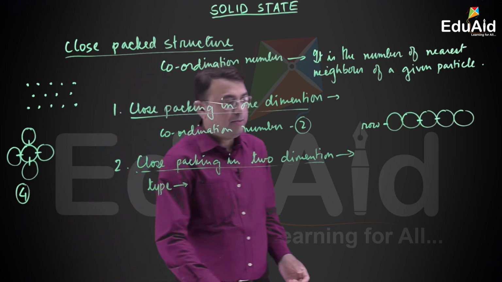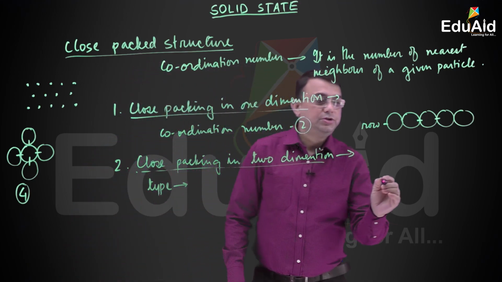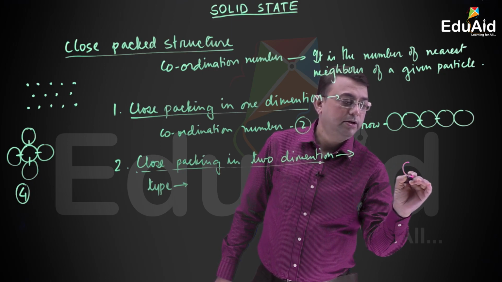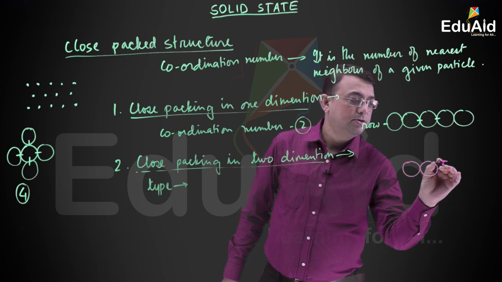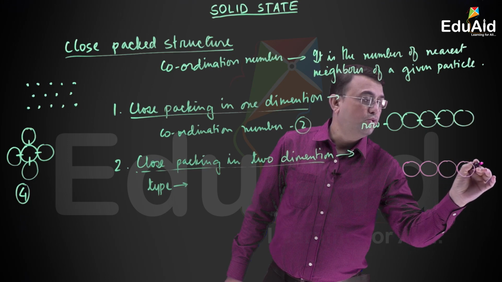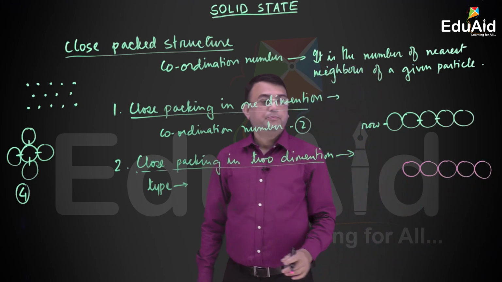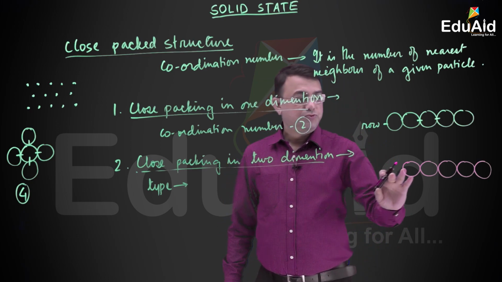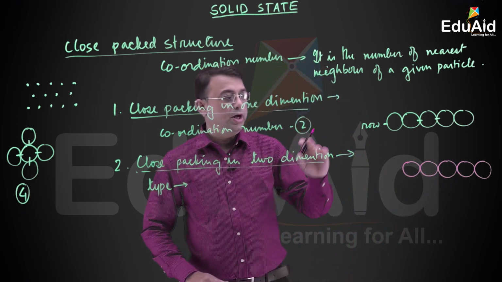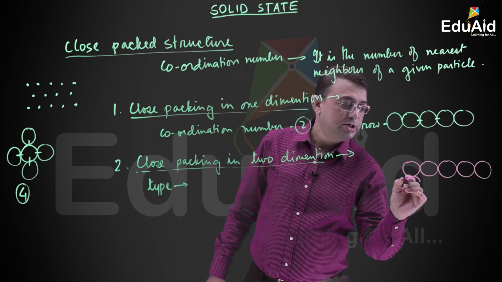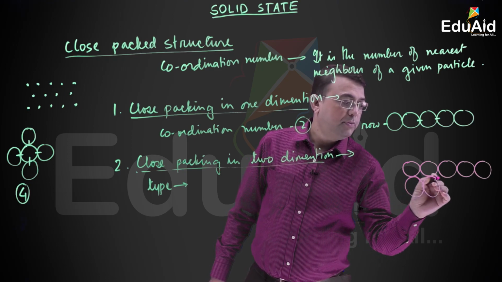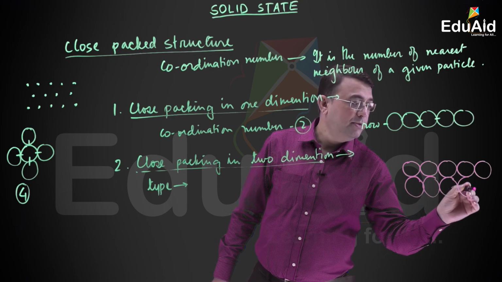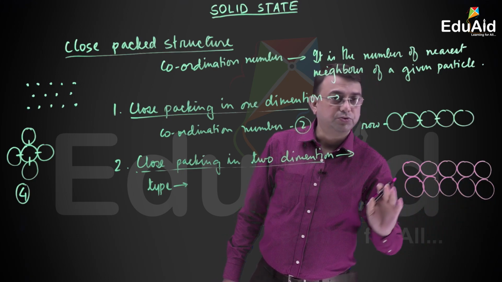Now in this type 1, we will find that constituent particles are arranged in a line first, which is a row, isn't it? This is one row of particles. Now, based on this one row, we will put another row below this row in such a way that particles are placed exactly below the first row.